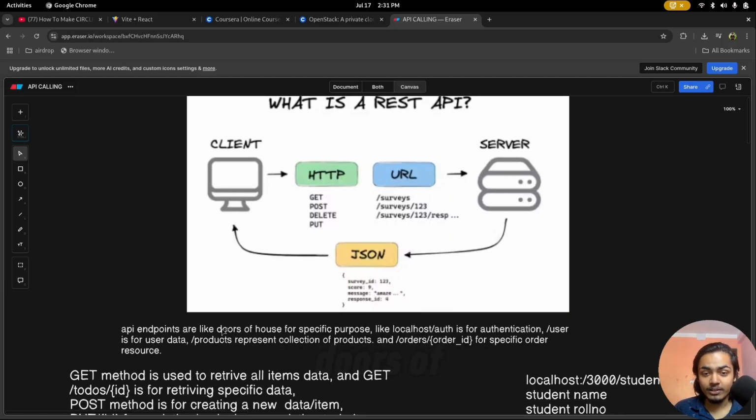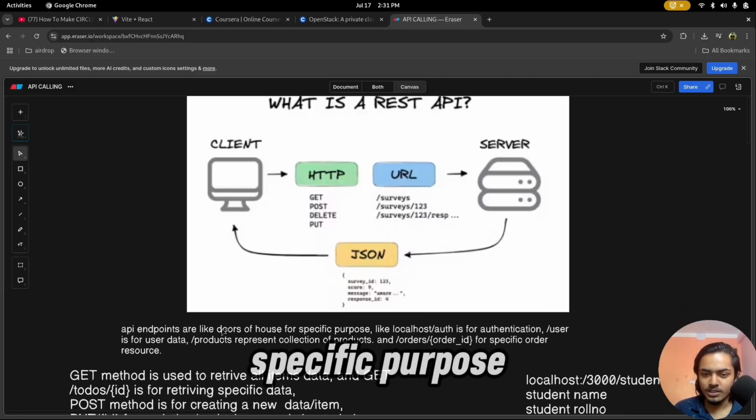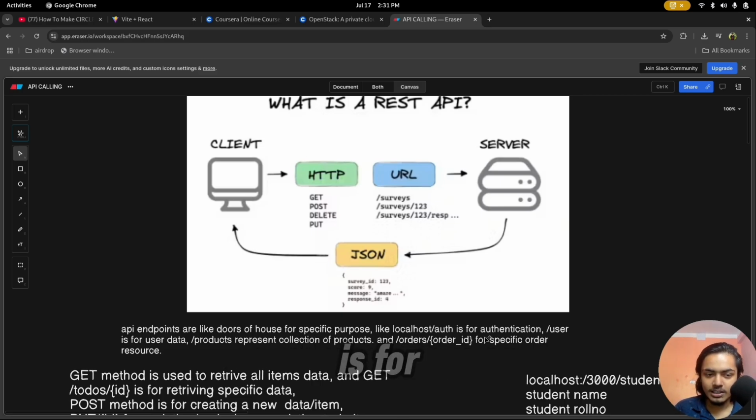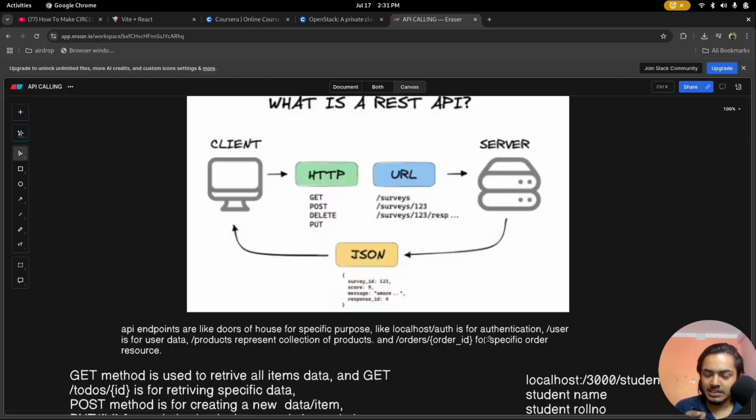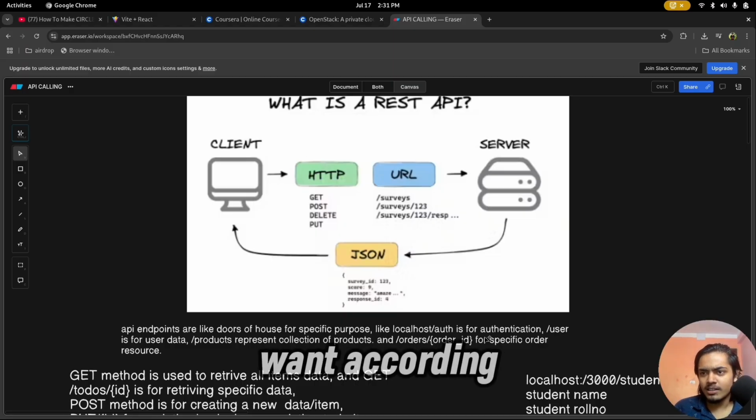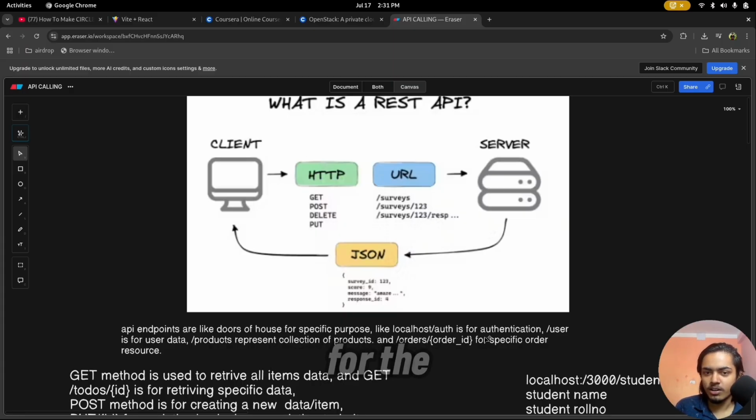API endpoints are like doors of a house with a specific purpose. Like localhost slash auth is for authentication, slash users is for user data, slash products represents a collection of products, and orders with a specific order ID is for specific order resources. We can use any name we want according to our website. Like if we are using a task manager, then we can use localhost slash tasks for the API